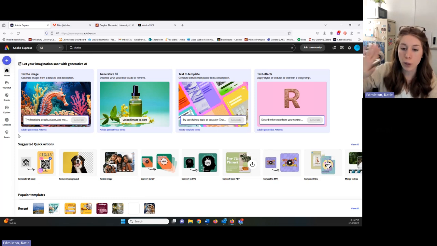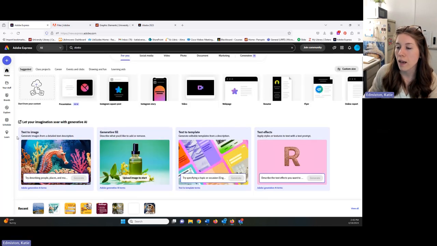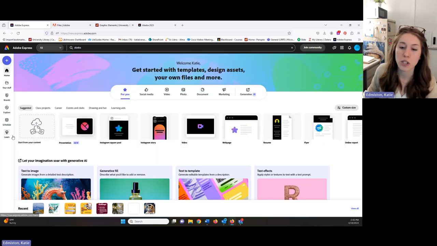It's your own personal locked down Adobe account. And the free access that you have to it is through CMU, through the fact that we're a creative campus. But it doesn't have to be for work use only or for educational use only. If you're a student, you can use this personally all day long. But of course, you know, at your own discretion, whatever you